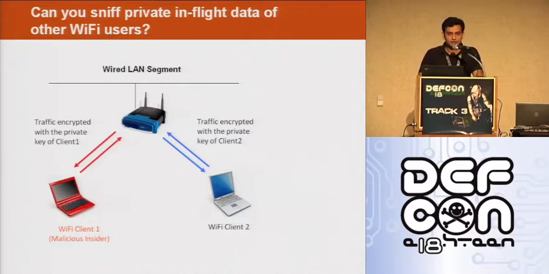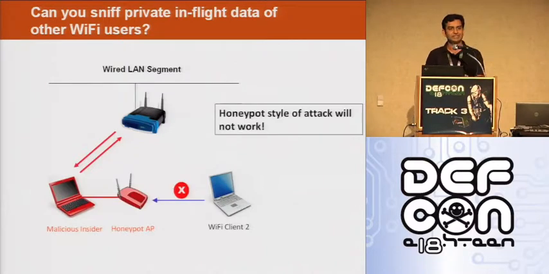The trick to do that is that one can try launching a man-in-the-middle attack, and the most popular trick in a Wi-Fi network is setting up a honeypot. Using this, one can do man-in-the-middle and try to capture all the traffic of a user. But in WPA2 networks, client devices are configured to connect to WPA2, so those clients are not going to authenticate a honeypot access point, or they will not connect. So this trick is also not going to work.